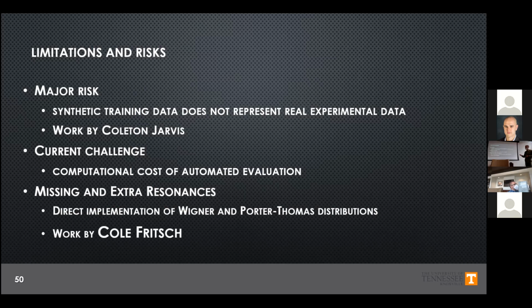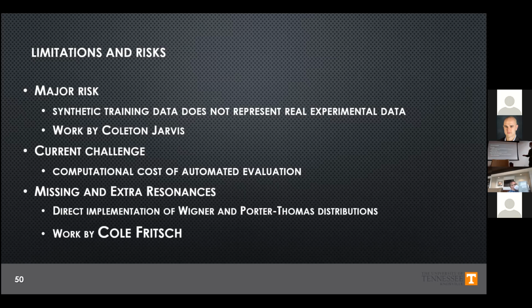However, running that 100 resonance example for you guys took on the order of a few hours, whereas doing these projects from nuclear evaluation from start to finish can take up to the order of a few years. Also, as we saw, we were able to only find 95 of those 100 resonances. How do you know if you missed one, or how do you know if one of those ones you found is an extra resonance? That would either have to be done by the evaluator going in and manually checking each of those,